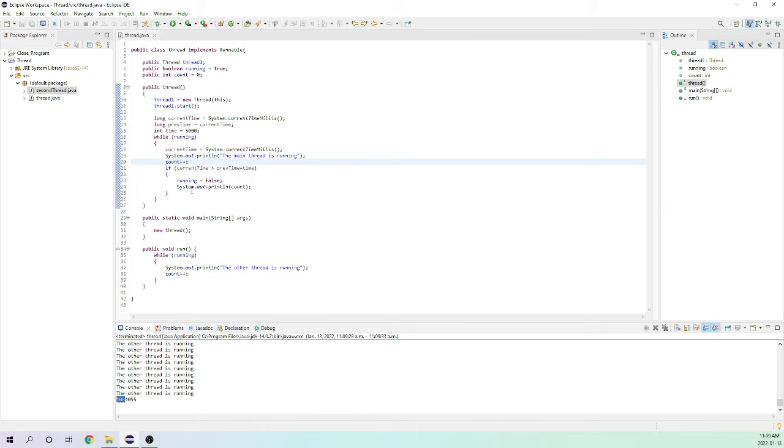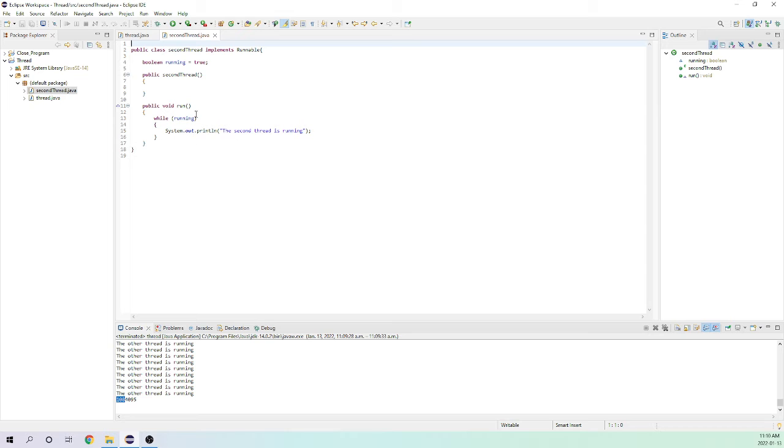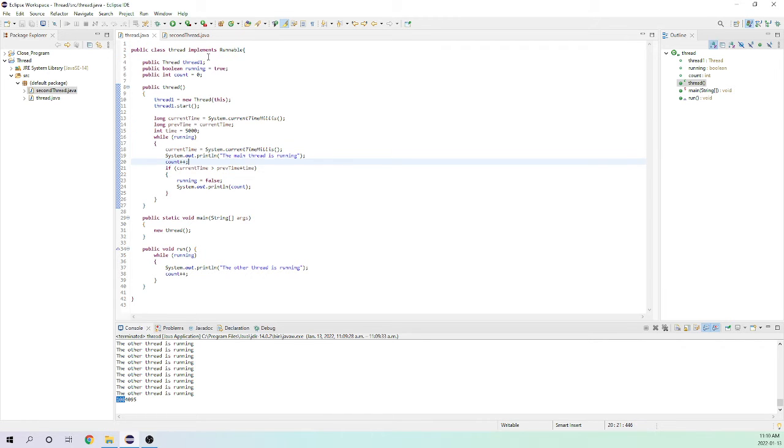Now, what if you want to have two different threads that run different programs? Well, I have made a second thread over here, and it's a very, very simple program. It implements runnable, again, so it implements a thread. I have no constructor here, but the run method has its own running, and the second thread is running. So basically what I want to do here is I'm going to